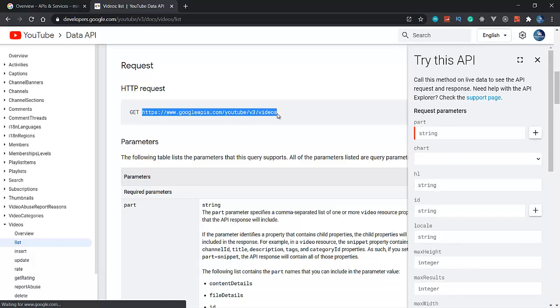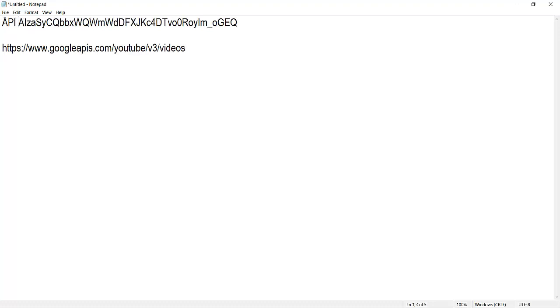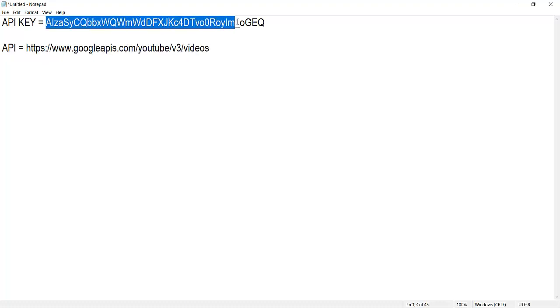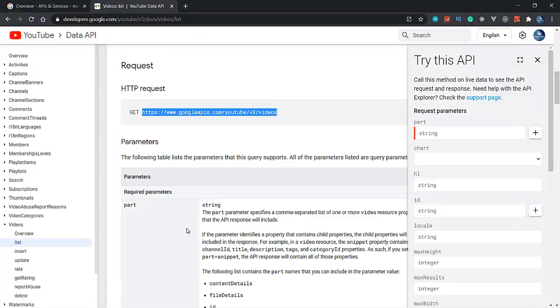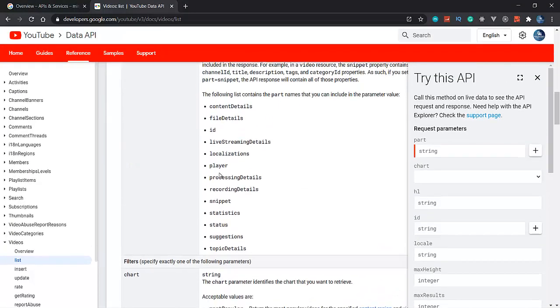So this is our API, and this is our API key. We will send the GET request with the help of this API key. Here there are some parameters, like there is some parameter like